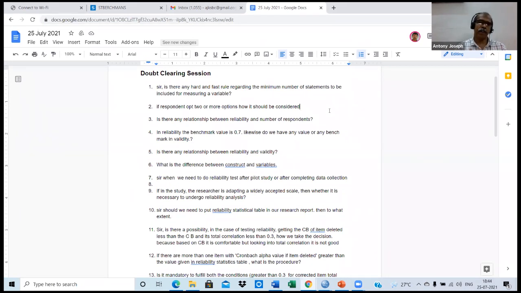If there are some items given and the respondents can give more than one option, then you have to enter each one independently, and you don't want to put anything on the value. If a particular respondent is opting a particular one, you give 1, otherwise you give 0. That's all.